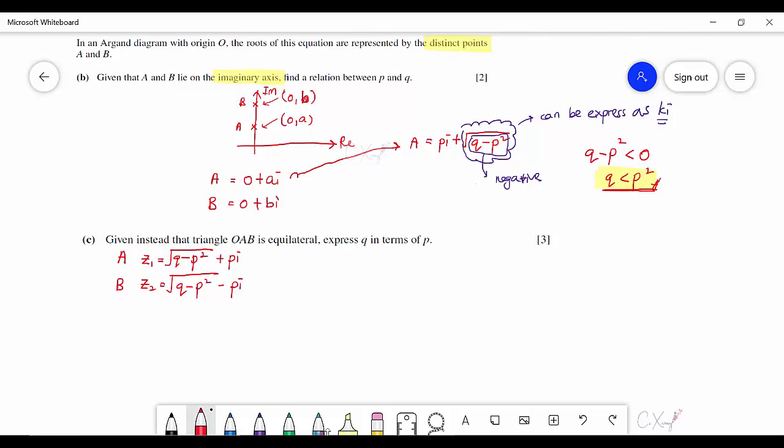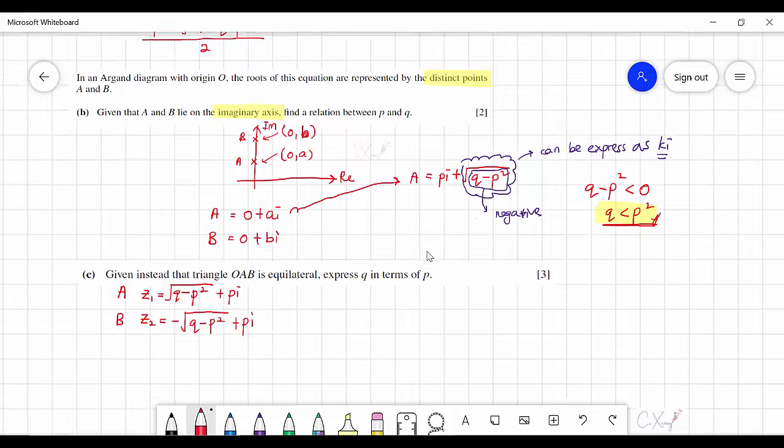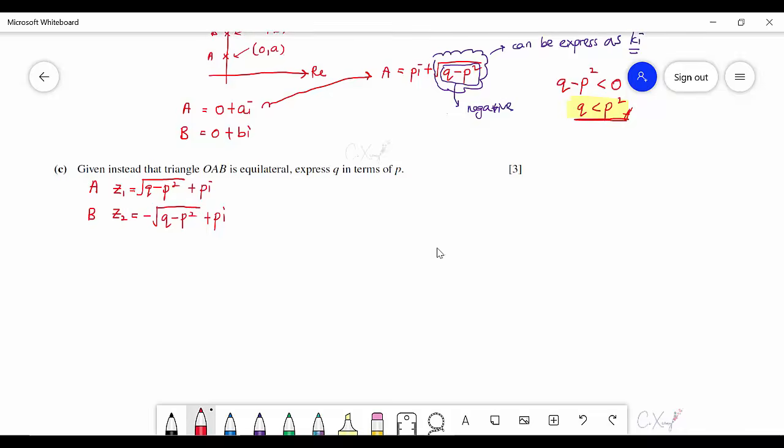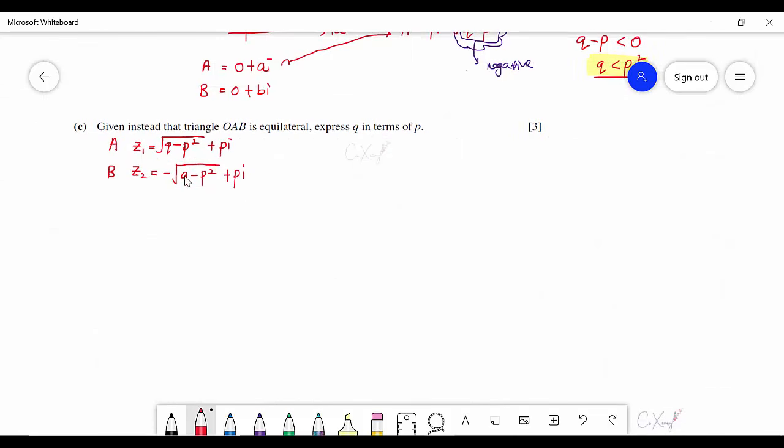Okay, sorry, I made a mistake here. So for B, the square root is actually negative. So again, this is negative square root of q minus p square plus pi. These two points I get from part 1, so it is confirmed that both are plus pi. The square root part, we have one positive and one negative. Then let's continue. Once I know that these two are Z1 and Z2, which are point A and point B,